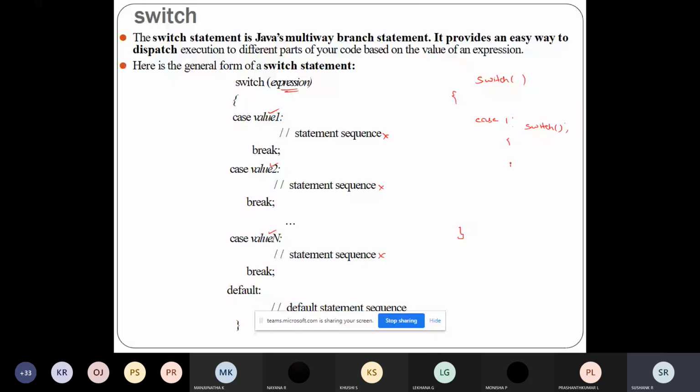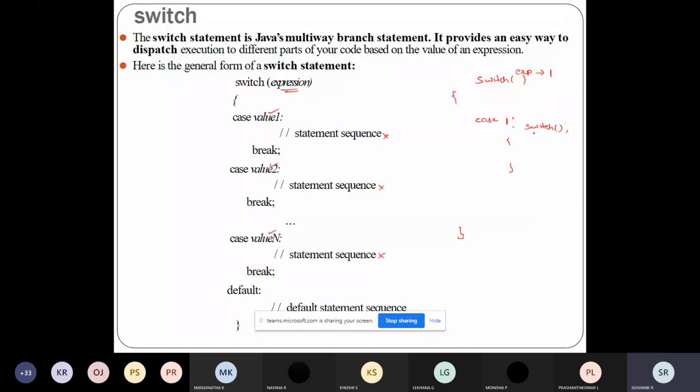Nested switch means you're using a switch statement as a part of the statement. For example, this expression will evaluate to 1. So 1 and 1 are matching. When this expression matches case value 1, we know the statements of case 1 will be executed. In the statements of case 1, we have a switch statement.